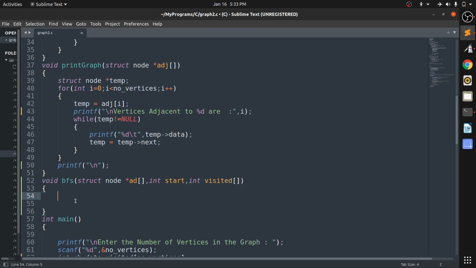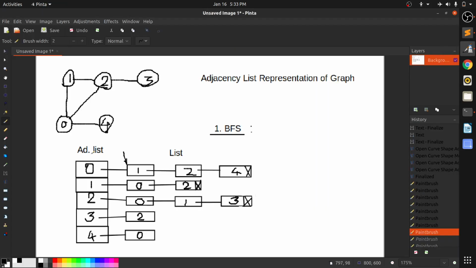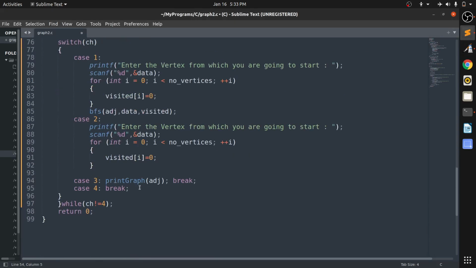Now for BFS, if the user says to start from 0, which list should I access first? Obviously the list pointed to by index 0.